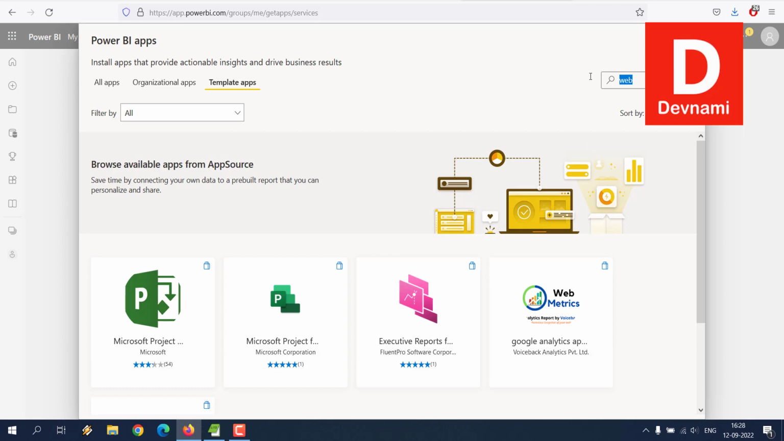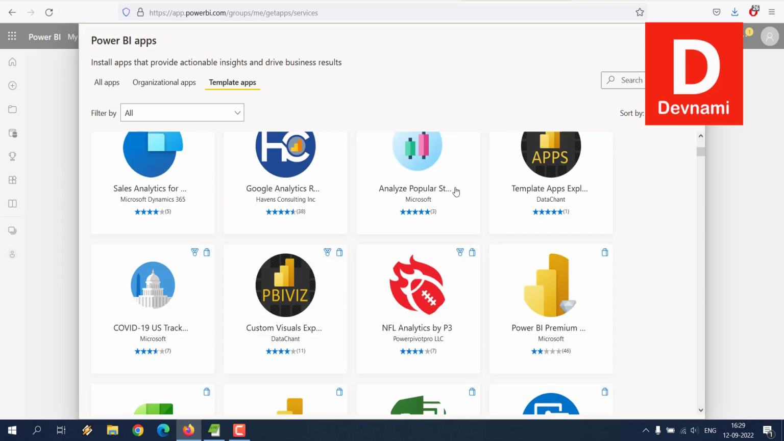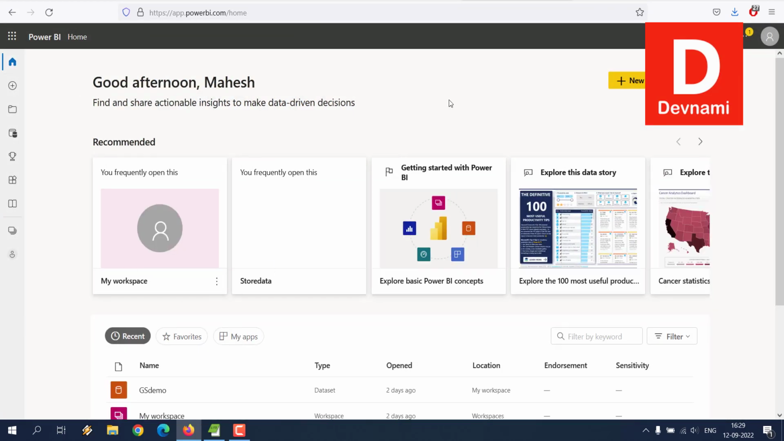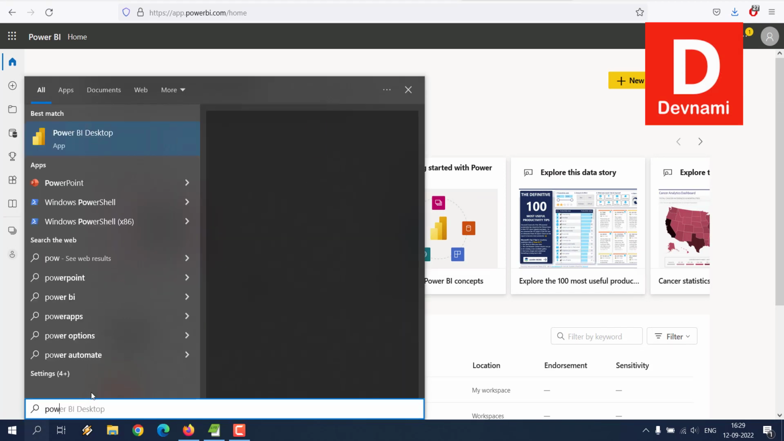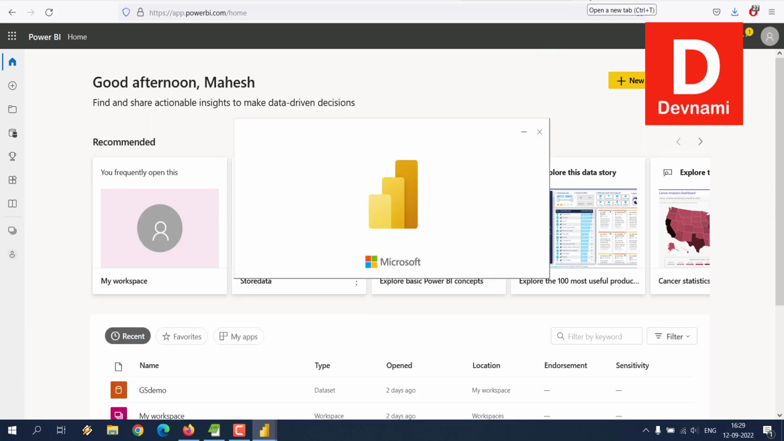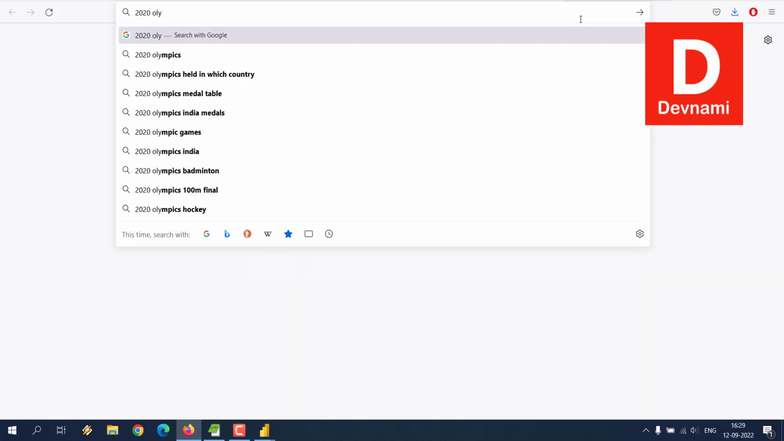Let's say you don't have any, right? So we can't even take data from Wikipedia. So if I close this and come back, instead of using the cloud version, we can go for desktop. So Power BI desktop, let's open this, and meanwhile we can also get the data from 2020 Olympics